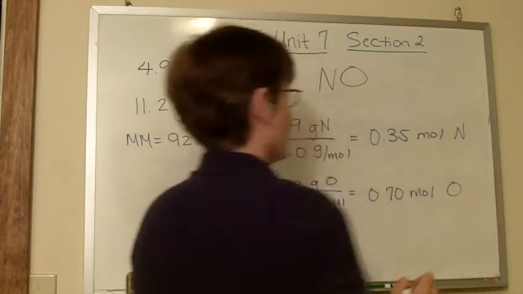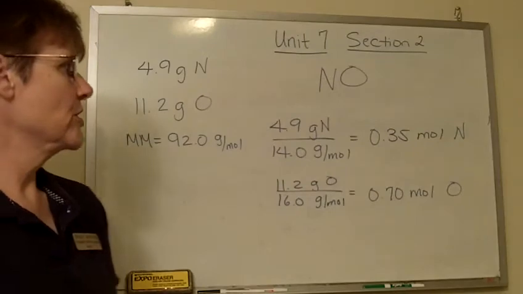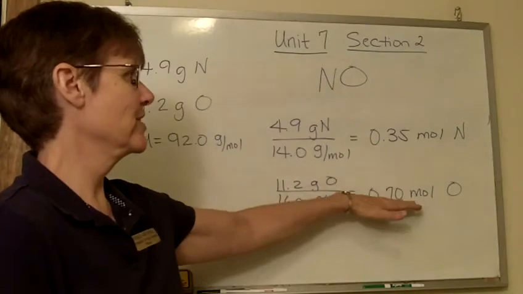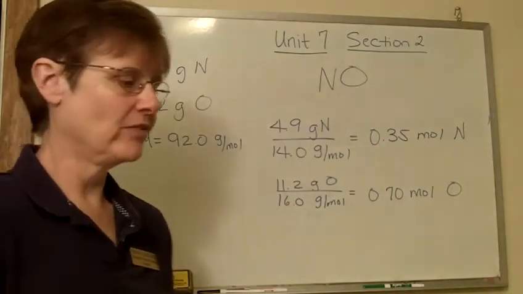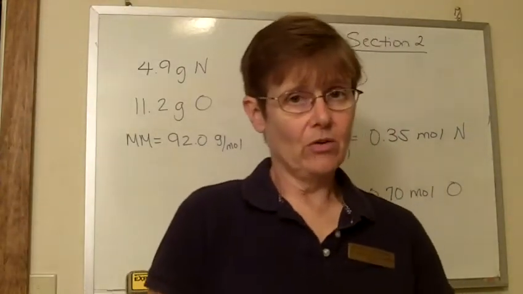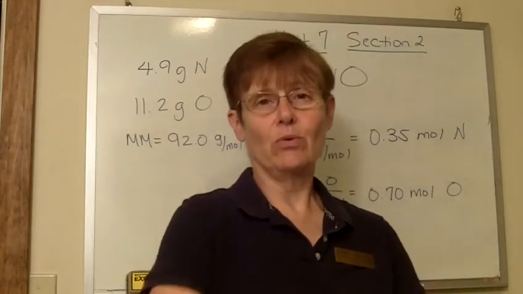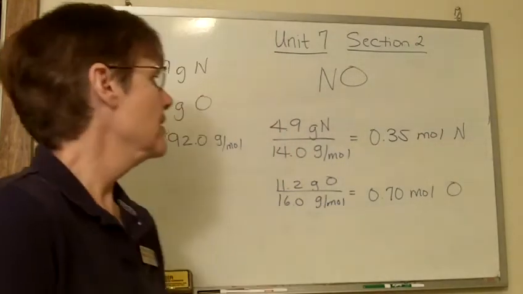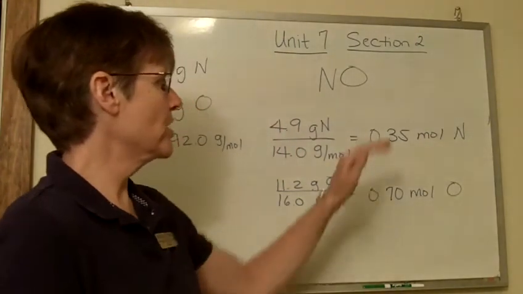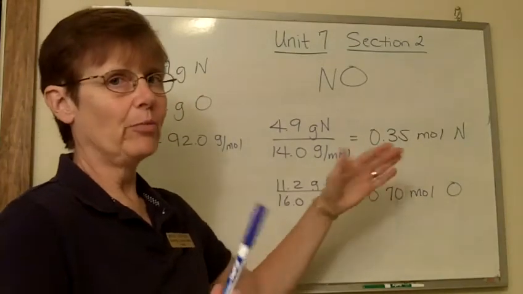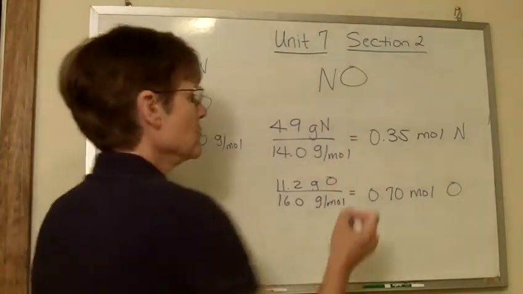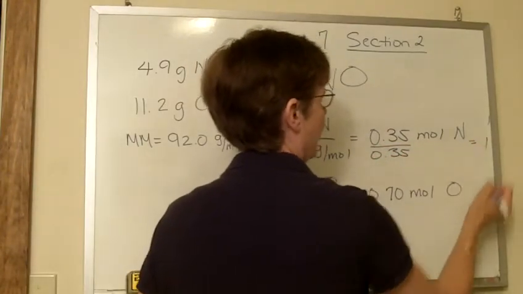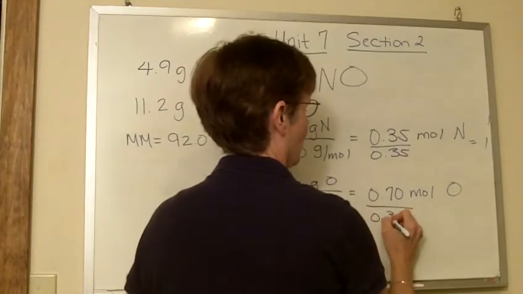So they've given us easy numbers here, and it's pretty easy to just look at this and say, well, that's a 2-to-1 ratio. 0.7 is twice as much as 0.35. But sometimes we'll get numbers that are not quite this easy, so I'm going to go ahead and go through the process that you would use if you got numbers where you couldn't just eyeball and say, oh, I see the ratio there. What you're going to do here is take whichever one is smaller and divide both of the numbers by that. So I'm going to divide this by 0.35 to get 1,